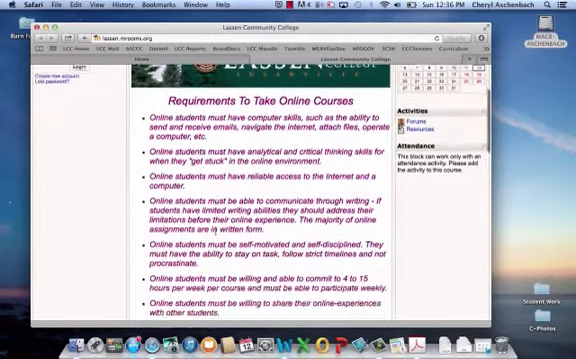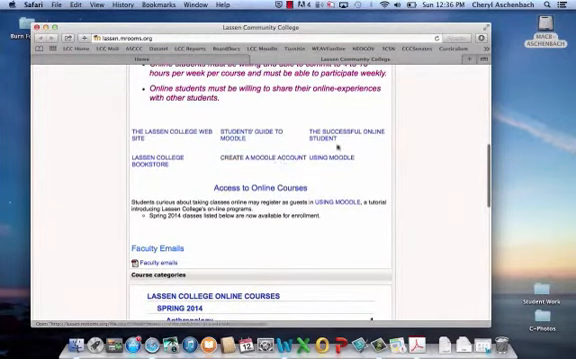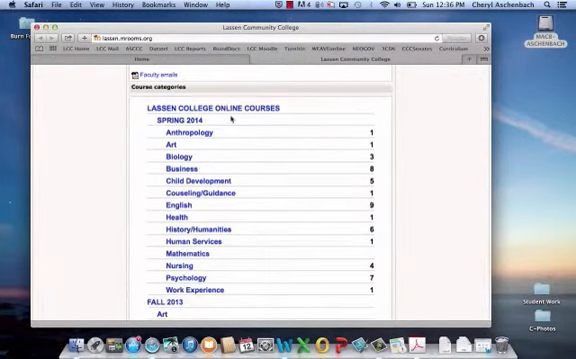If you scroll down, you can read some requirements. You can see some resources that are available to you, especially the Student's Guide to Moodle. If you're interested, click on that. And then create a Moodle account. That's where you're going to want to go if you don't already have one, and I'll bring you back to that in a moment. If you do, you can simply go down to the list of courses for the semester,